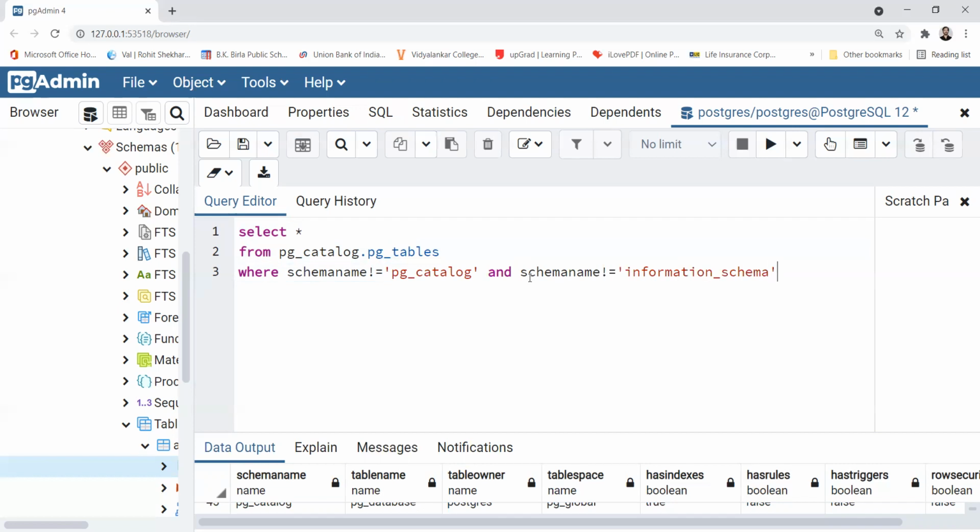Right. Now, basically, we'll be able to see all the tables except pg_catalog and information schema.